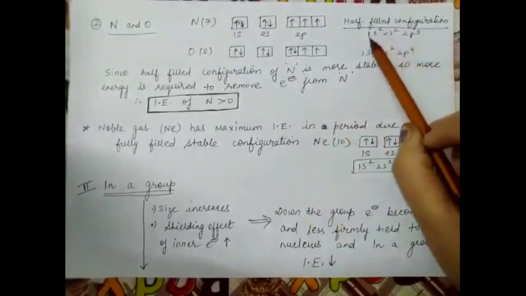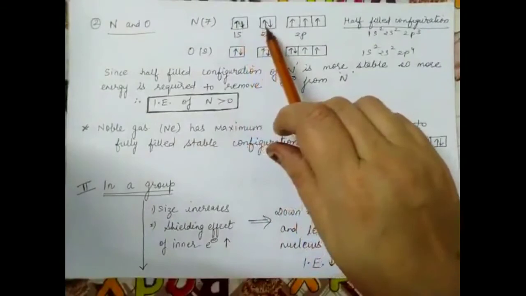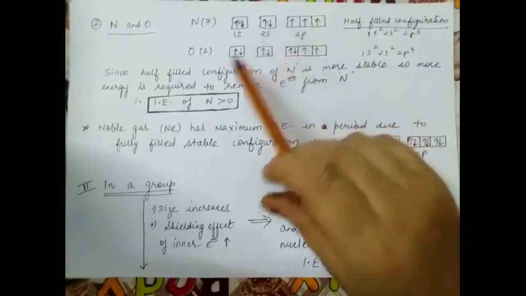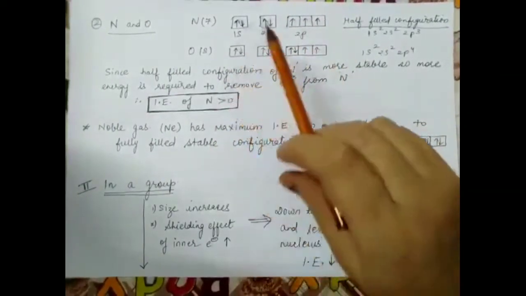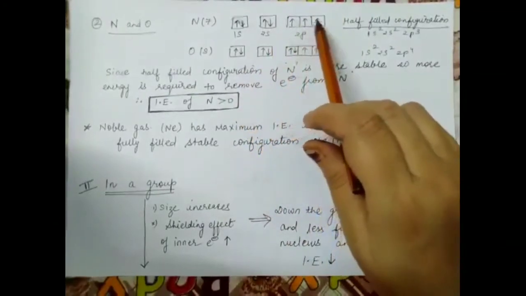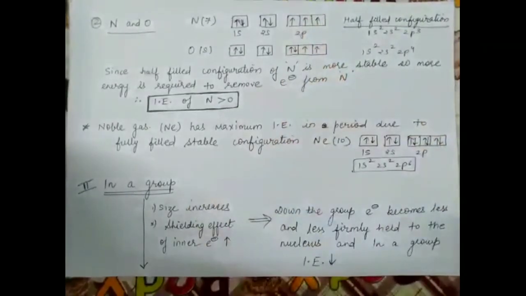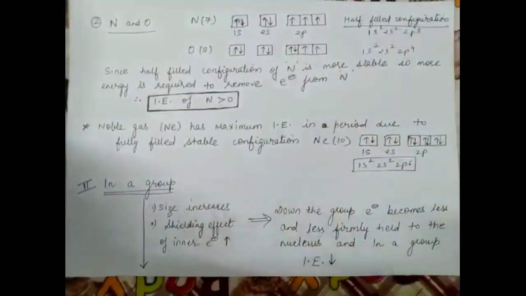Now nitrogen has half filled configuration. What is the meaning of half filled? This is completely filled, this is completely filled, and these 2p orbitals are now half filled. An orbital can accommodate 2 electrons. So what is the maximum capacity of 2p? It is 6 electrons, 2, 2, and 2. But in 2p now how many electrons are there? 3. So this is half filled configuration, and we learned in the last class that whenever the configuration is half filled or fully filled, it is extremely stable configuration. So in nitrogen it is half filled configuration. Now what will be the meaning of fully filled configuration? That we'll discuss afterwards.